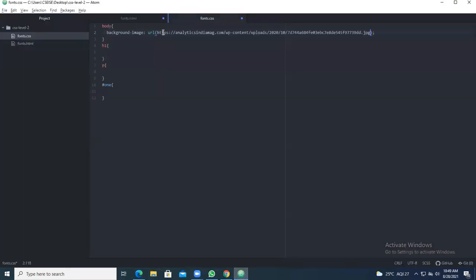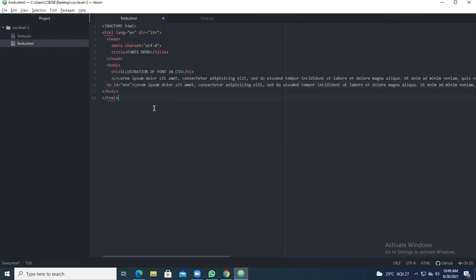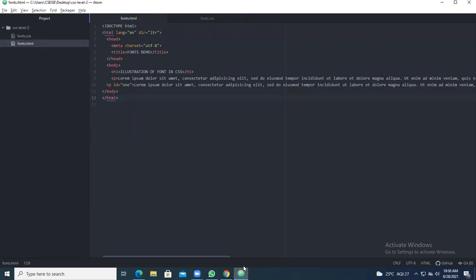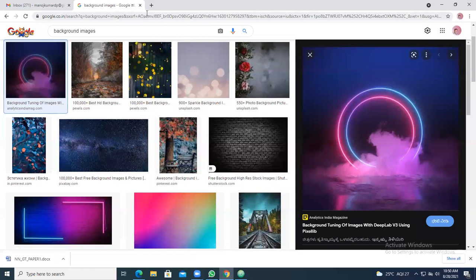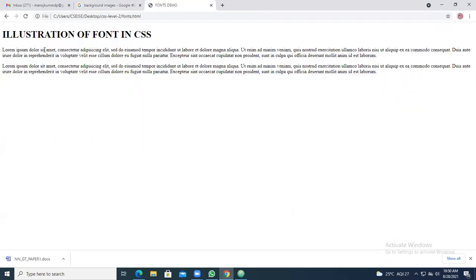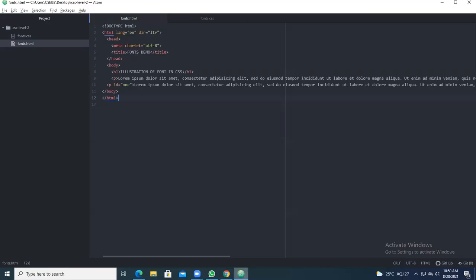And when you save it here, you should get it in terms of JPG. Understand? You should get it in terms of JPG. Save the contents, go for HTML, save the contents, go for edit and select copy path. Copy path and give it in the new window, paste, press enter. Okay, so this is what you are getting, but you are not getting the background image yet.